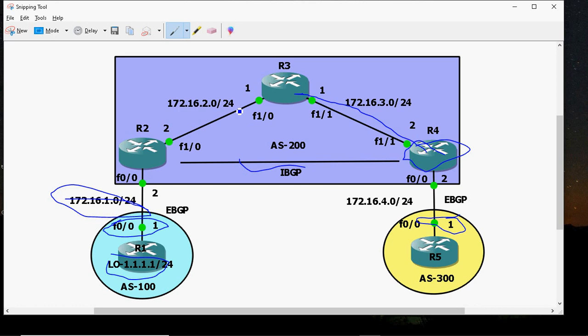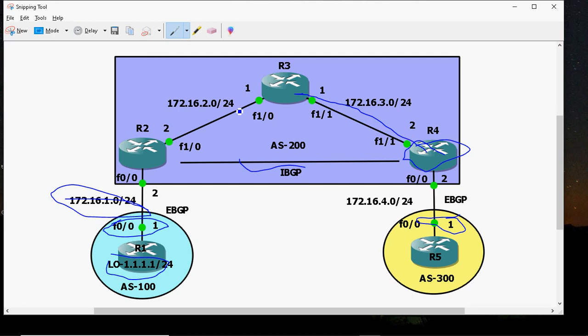There is another option: redistribute those BGP routes into OSPF and again redistribute OSPF into BGP, but that is a bad idea because here I am advertising only one network, that's fine, but if I'm advertising 2 lakhs or 3 lakhs prefixes, OSPF or BGP cannot handle that many prefixes, so we have to go for IBGP.